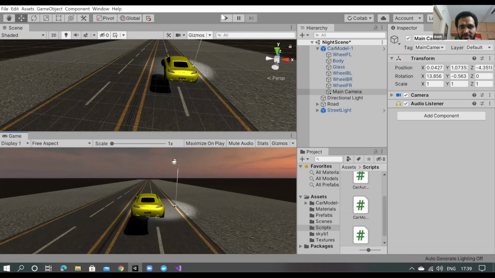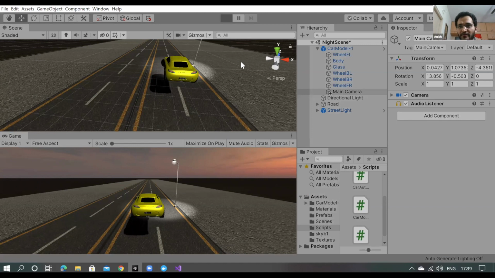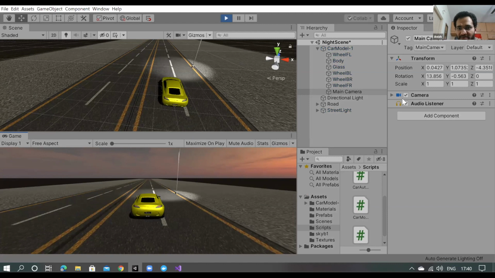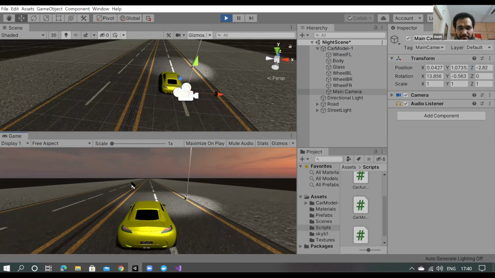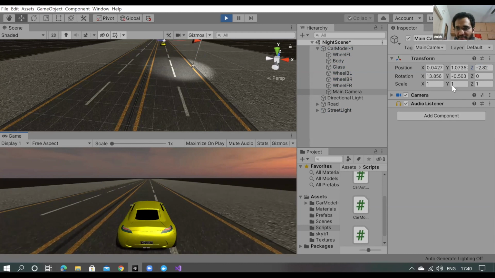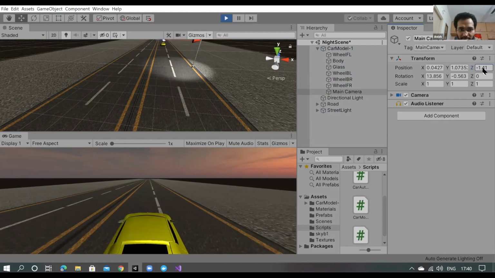In racing games, you must have seen there are multiple modes of camera. You can put it on the back, maybe front, maybe somewhere else. So at this time also, you can move the camera maybe closer. And now, if I play the game, this camera is a lot closer. Maybe a front view if you want.